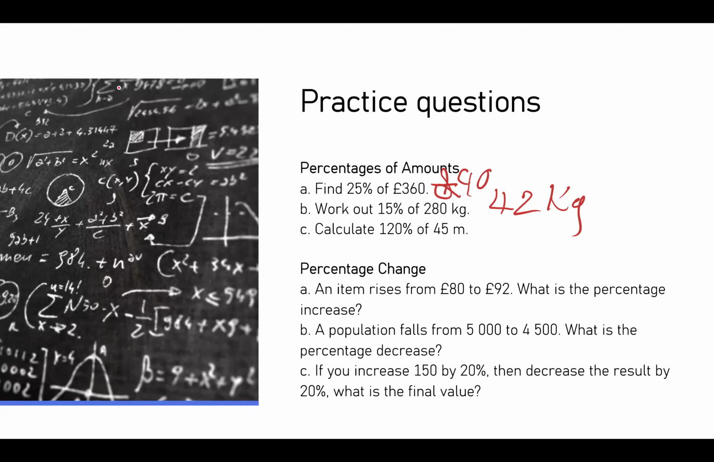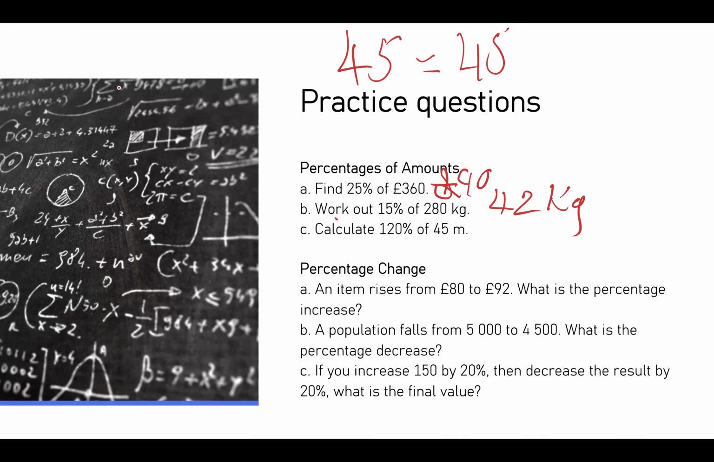So for the last one, calculate 120% of 45 meters. All we would do here is, we could either change it into a decimal, which is 1.2, and do it in the calculator, or we can just find out what 120% is. So 100% is 45, that's 100%. Then 20% of 45 is